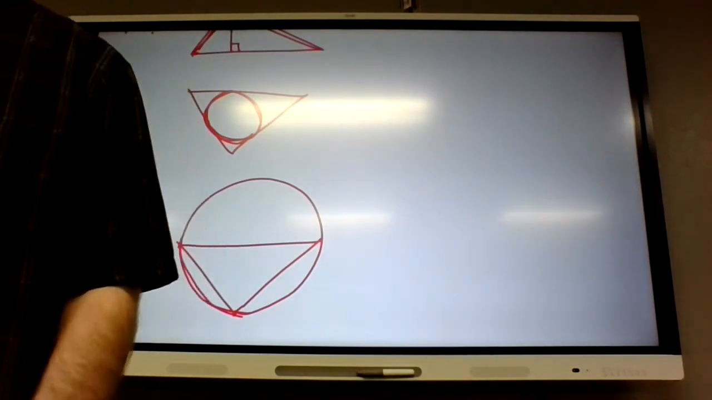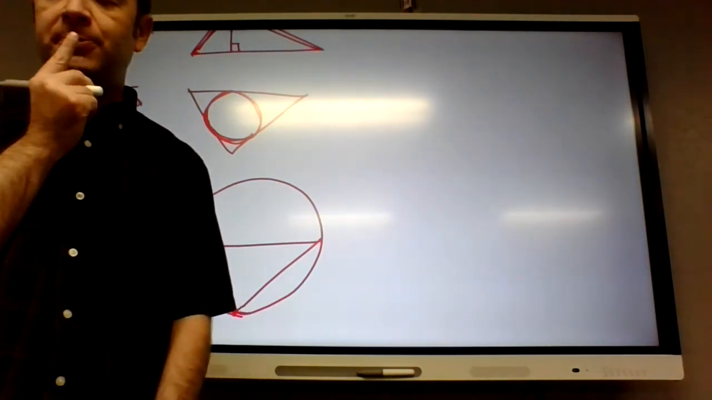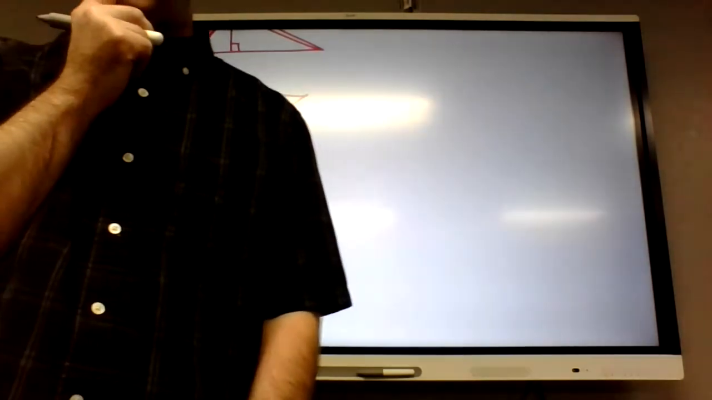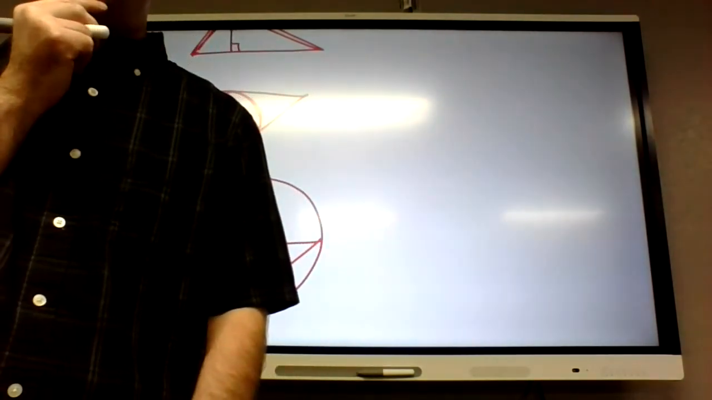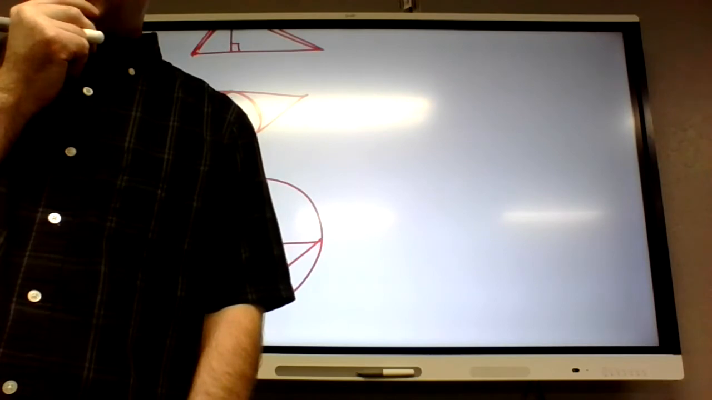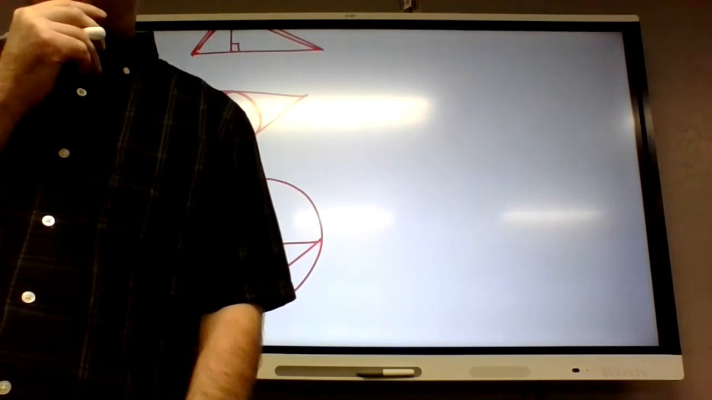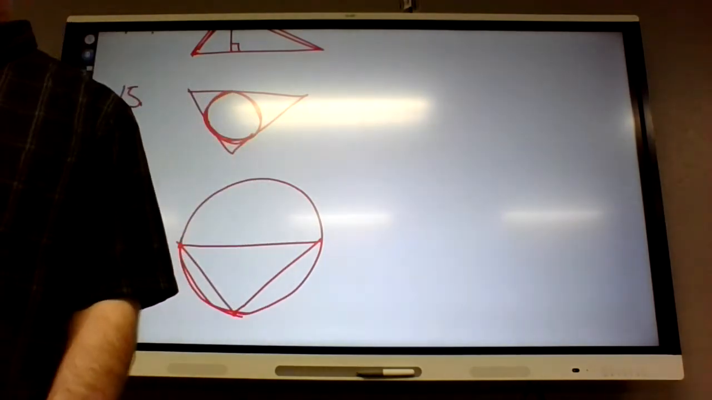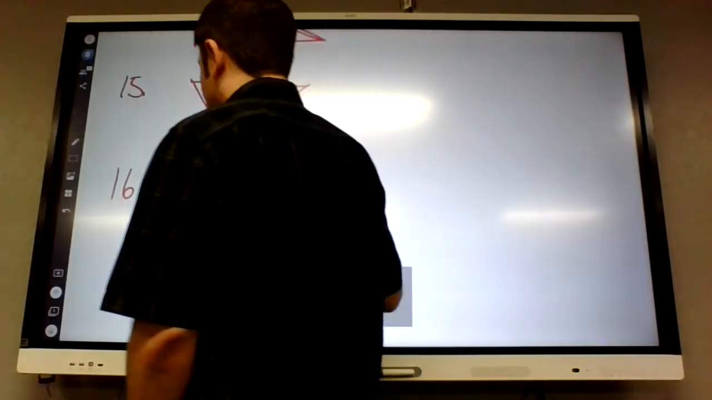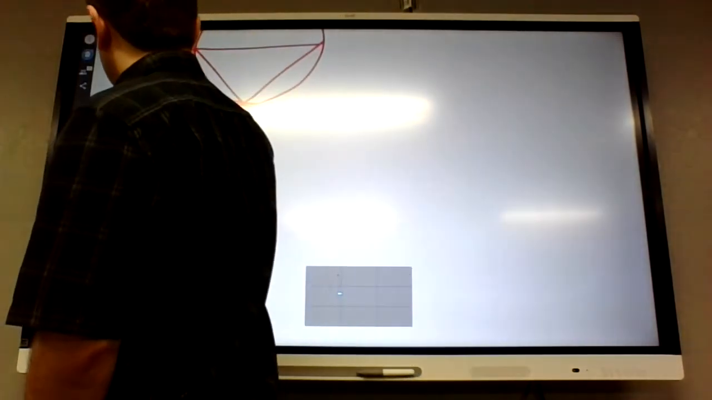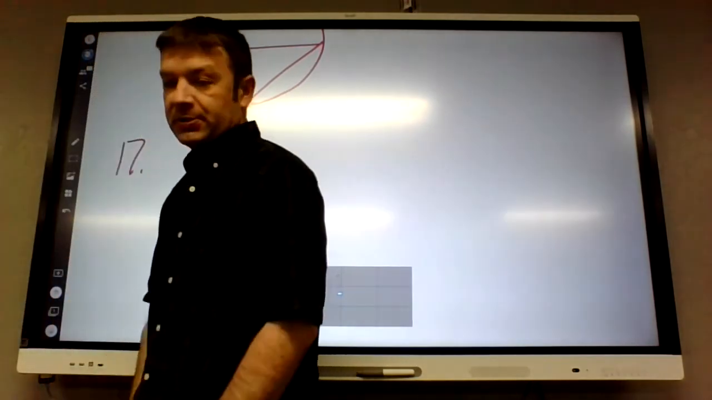On 17 it says, as specifically as possible, describe the location of each point in a right triangle. So I think I'm just going to make you guys draw the right triangle, and maybe you'll remember as we go, like where the point is. We did this once upon a time. So on 17,